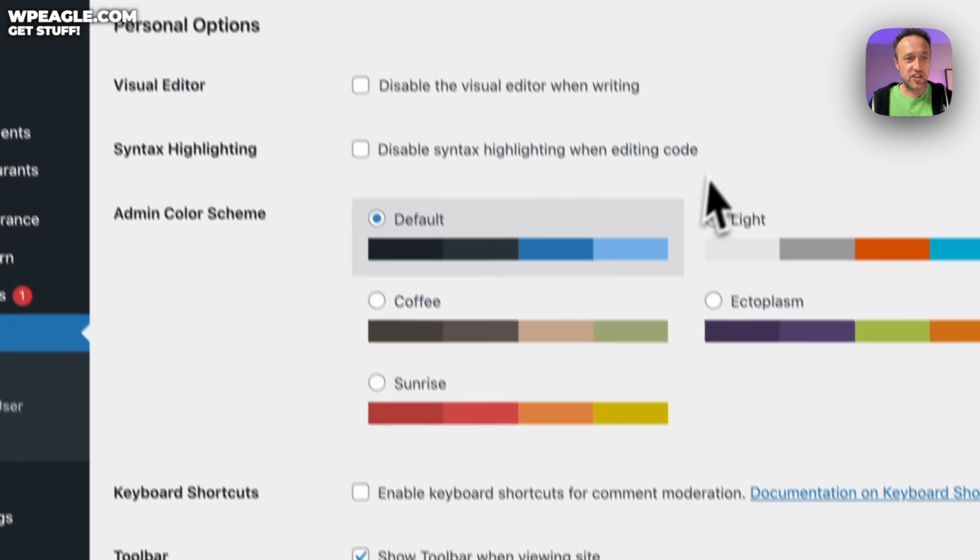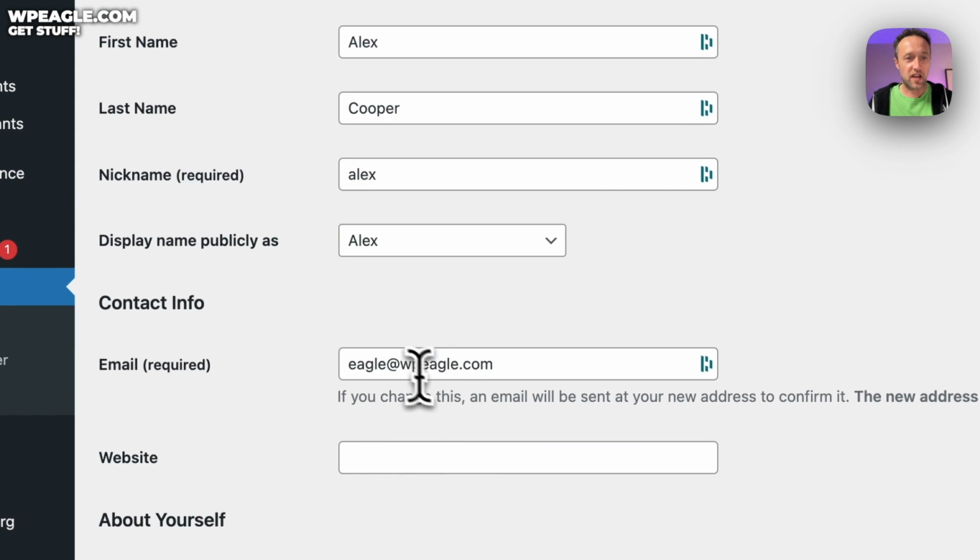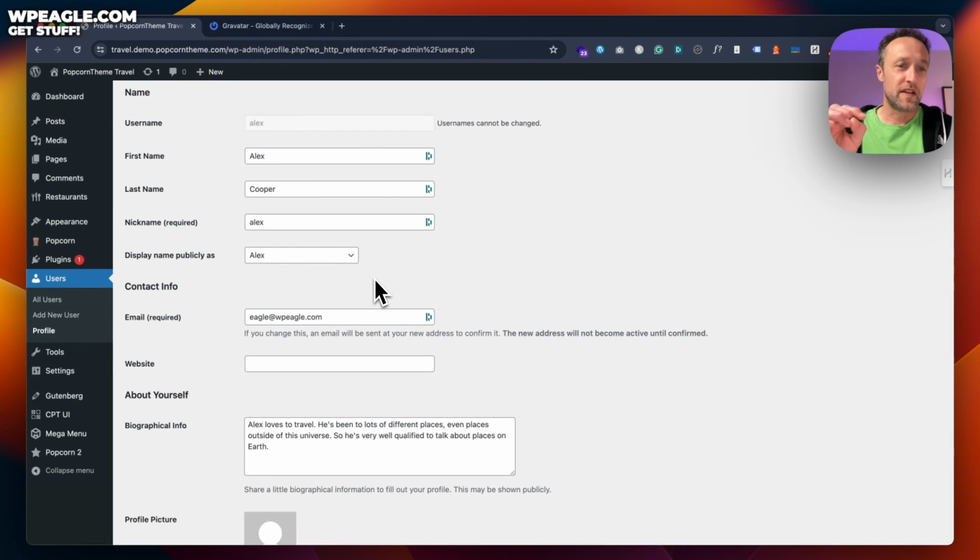Of course, if you need to change it, you just go in edit and you can type it into this box. You will have to confirm the email address once you've changed it. So once you know the email address, that's fine. Let's go over to